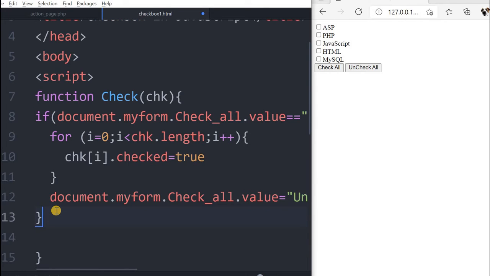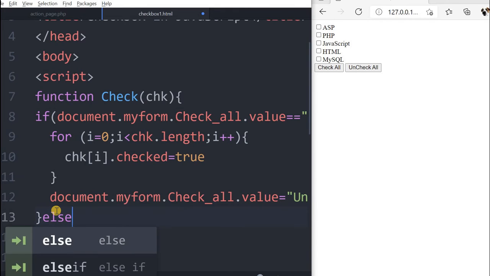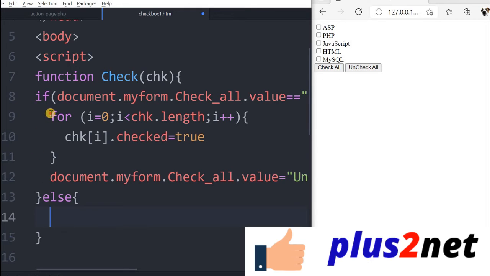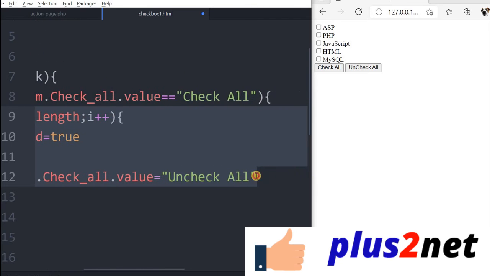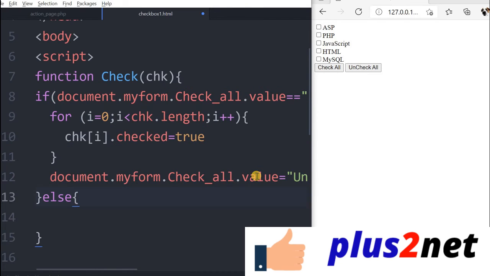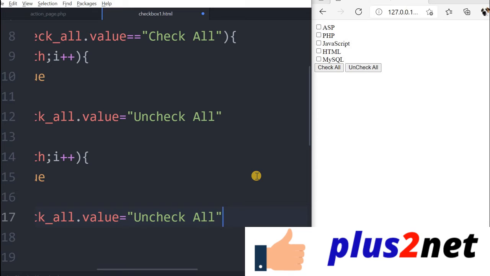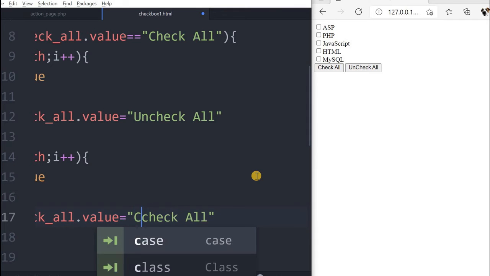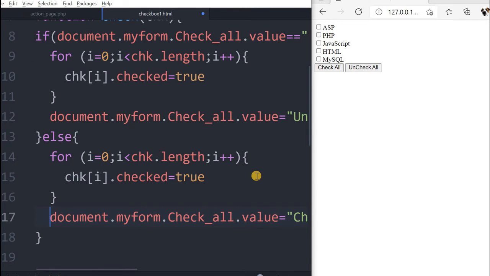Now we'll say else condition, inside this else we'll copy this again up to this, copy this, and inside this we'll paste it. Now this uncheck all will make it again check all, so value will be check all, and this true will make it false, and save this.